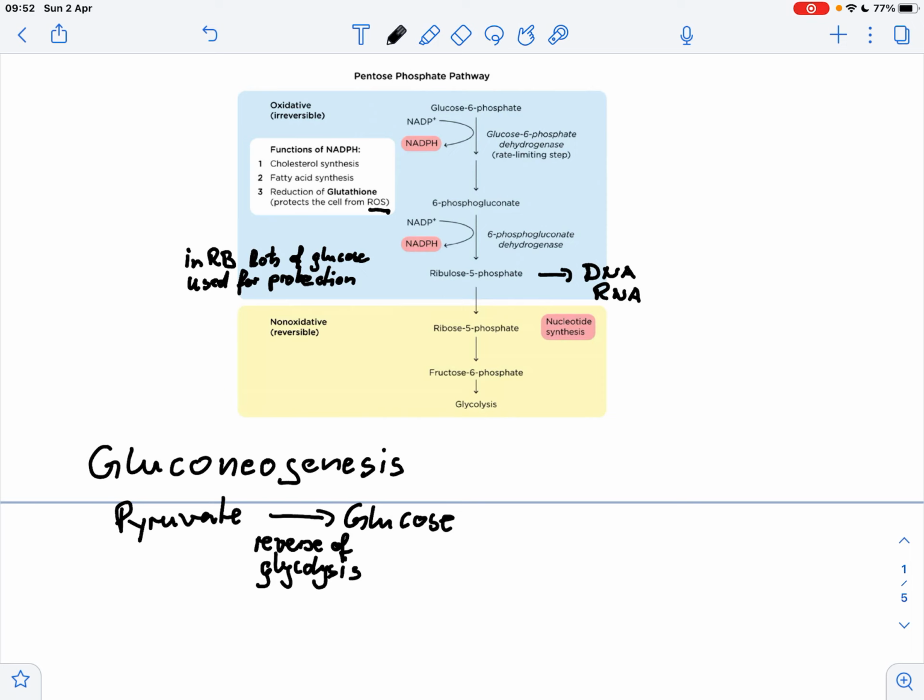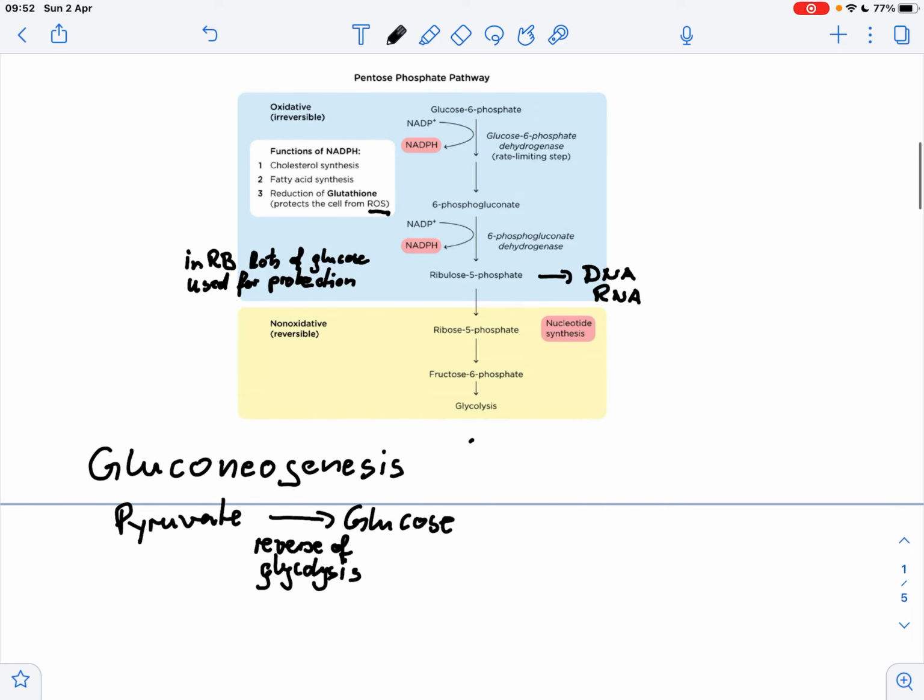Where does gluconeogenesis happen? It happens, of course, in the liver. It happens in the kidney. And it will also happen in some cells of the small intestine. So these cell types are all able to do